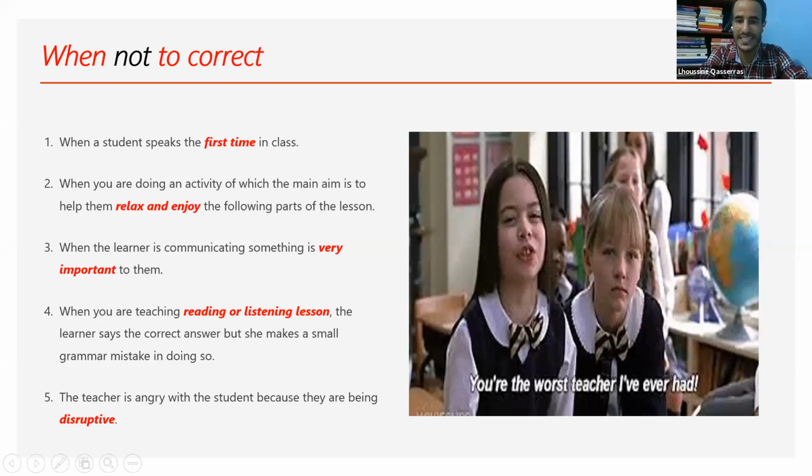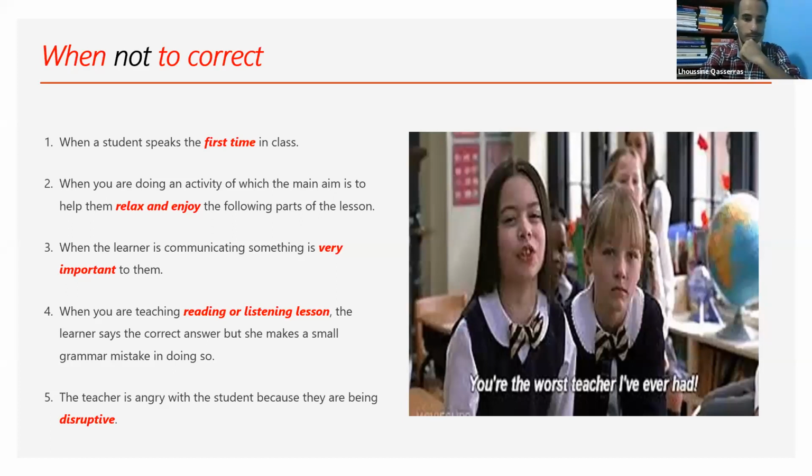School of Rock, great example. Okay, you agree, Samud, Umayma, Fatima, great. Because your objective in the first session is to make the learner love your classes. If you correct them from the very beginning, the students will say, oh my God, it's a very difficult class. I make a lot of mistakes. The teacher interrupts me. I'm not going to learn. Other classmates will make fun of me. So in the very beginning, avoid correcting.